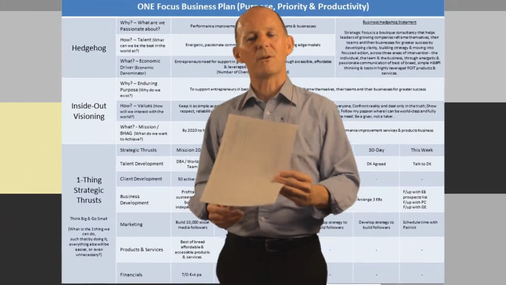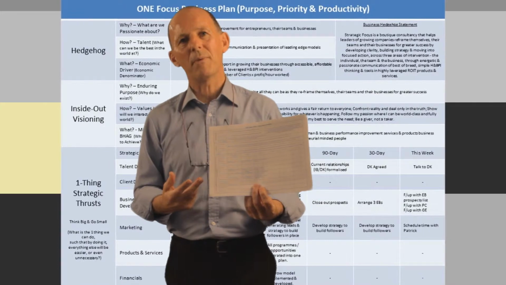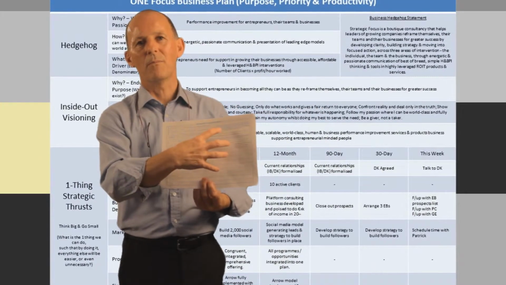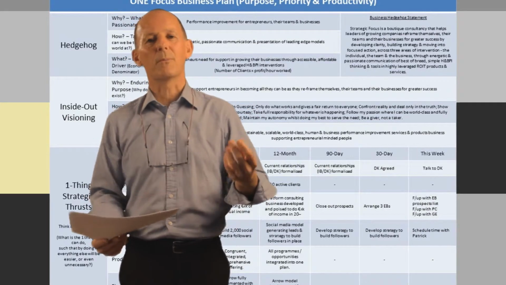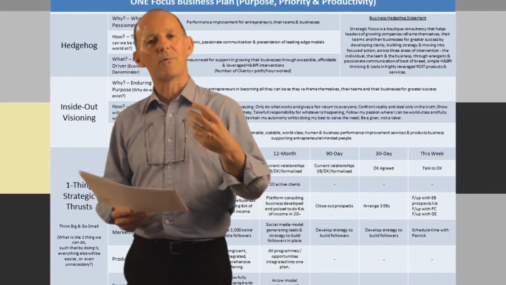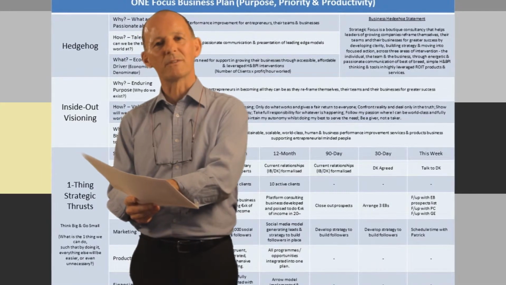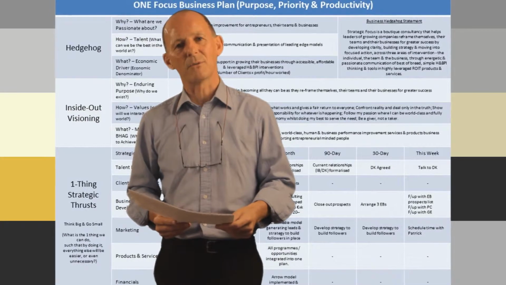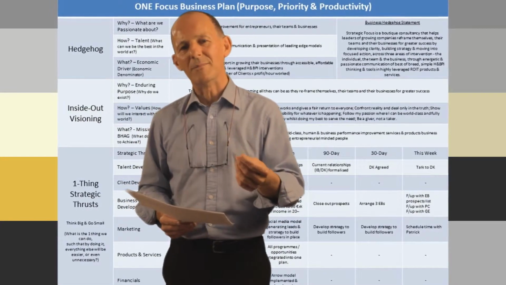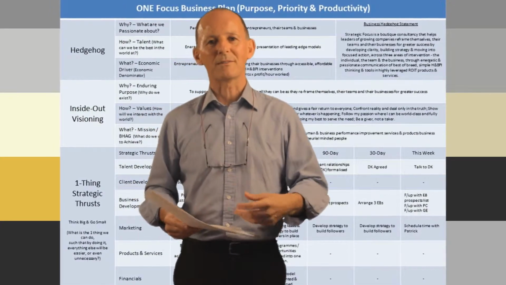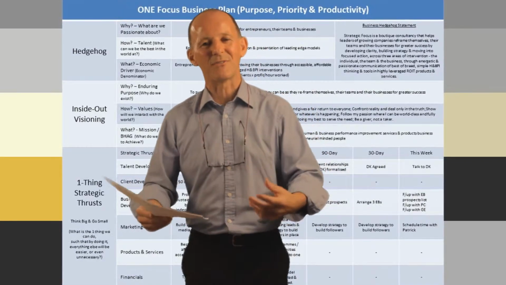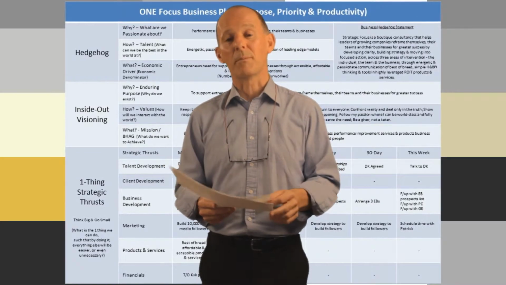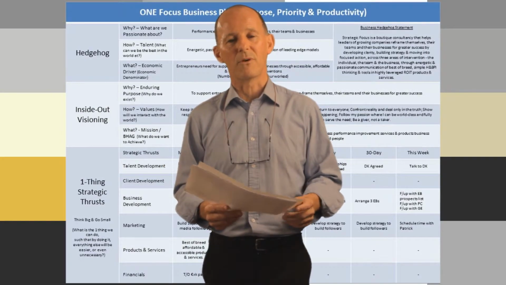So what you end up with is a very, very simple model, a one-page model, where all your strategic thinking, all your focus and attention is on one page, and the context. So you've moved from purpose through priorities, right down to productivity. And then if you adopt my case in the last video where I talked about a weekly meeting, a weekly review, and learning from that, and learning to fail, taking action, gathering information, updating and modifying your plan on an ongoing basis,